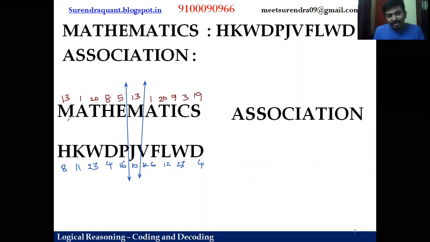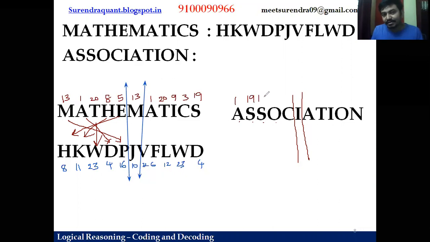Now can you see 13 plus 3, 16. 1 plus 3, 20 plus 3. 8 plus 3, 5 plus 3. So let us do the same thing before going to the further process. 1, 2, 3, 4, 5. You have to split here. And from the first place to the last place, you have to do plus 3. So 1, 19, 19, 15. This is 3. So 1 plus 3 is 4. The 4th letter is D. 19 plus 3 is 22. The 22nd letter is V. 15 plus 3 is 18. The 18th letter is R. 3 plus 3 is 6. The 6th letter is F.